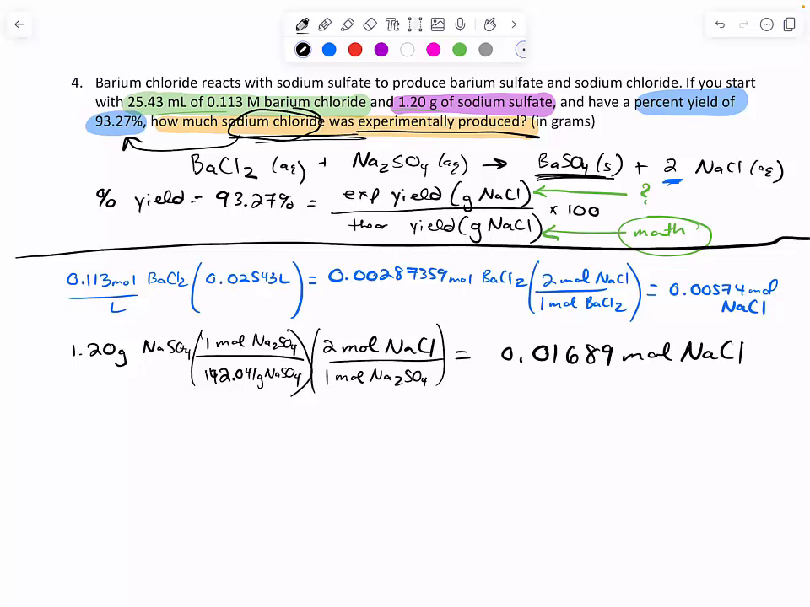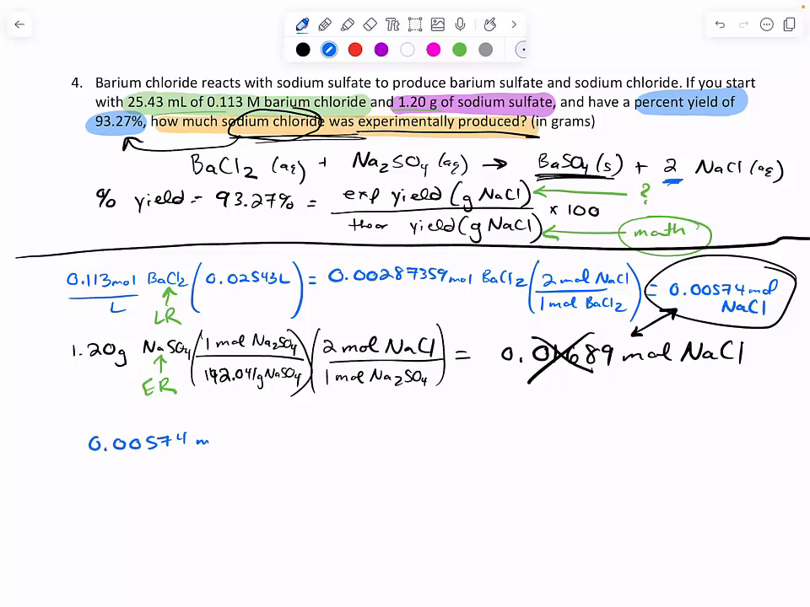Now, which number do I use? Remember, this is the part where you ask yourself, which one is smaller? This one's smaller, so that one goes forward. This one, therefore, is in excess. That makes this my limiting reagent and this my excess reagent. So we need to go forward using this